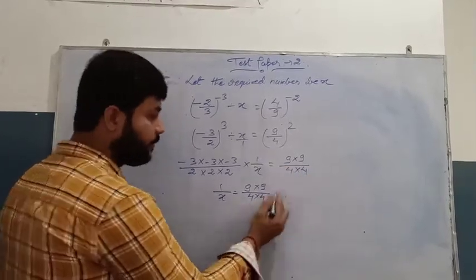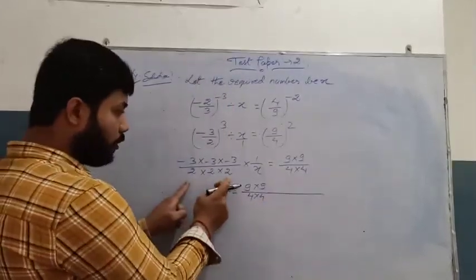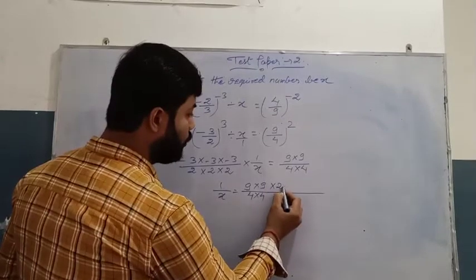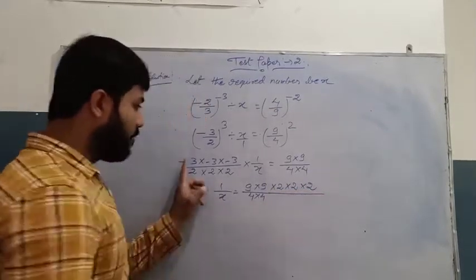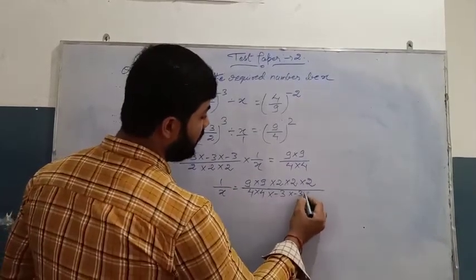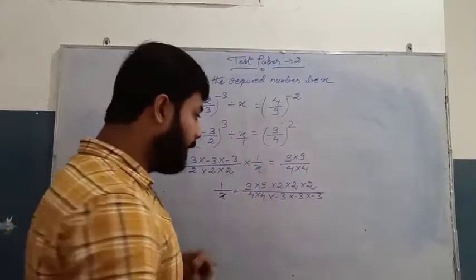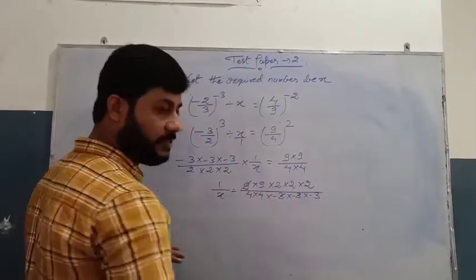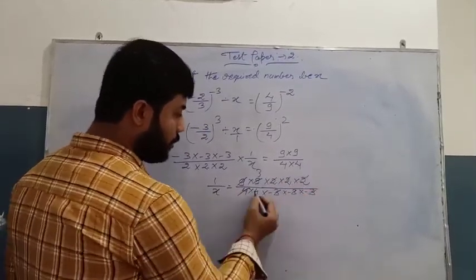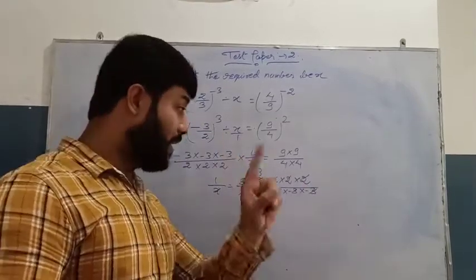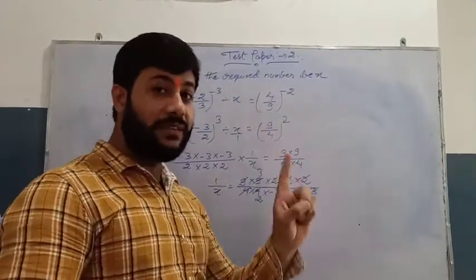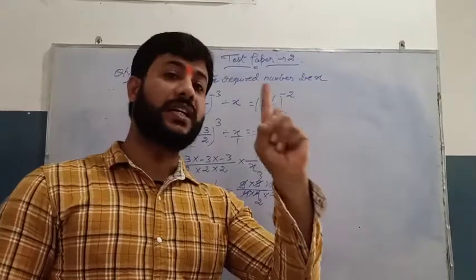This was written. Now here 2 into 2 into 2 is at the denominator side, that will go to the numerator side. So 2 into 2 into 2, and minus 3 minus 3 minus 3 will be at the denominator side. Okay students, now we will divide. 3 3s are 9, cancel. 3 3s are 9. Now 2 2s are 4 and 2 2s are 4. Don't miss that there is minus minus minus. 3 times minus means an odd number of times a negative integer is multiplied, that will give you a negative integer.